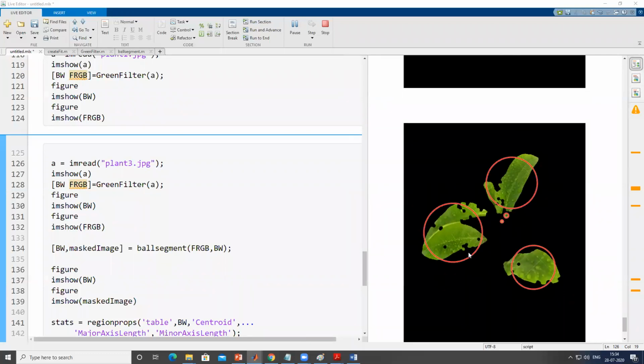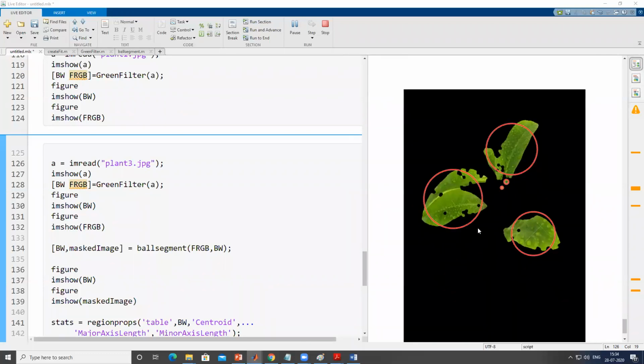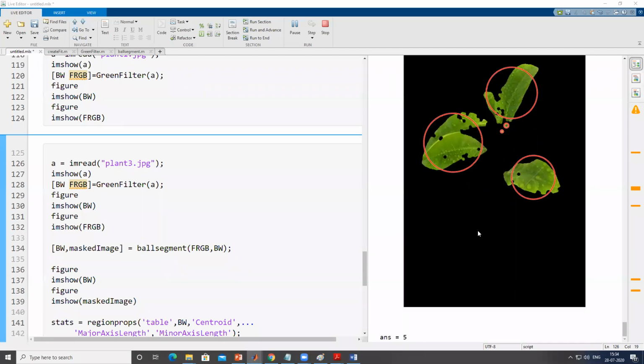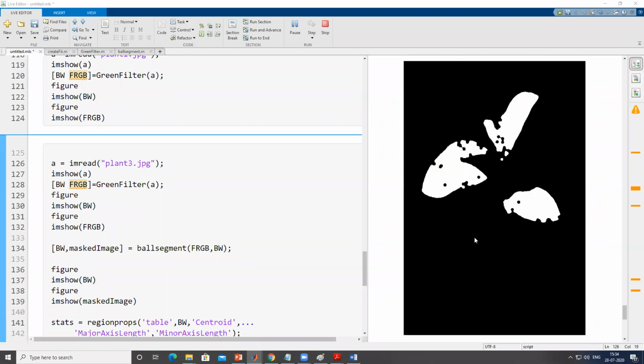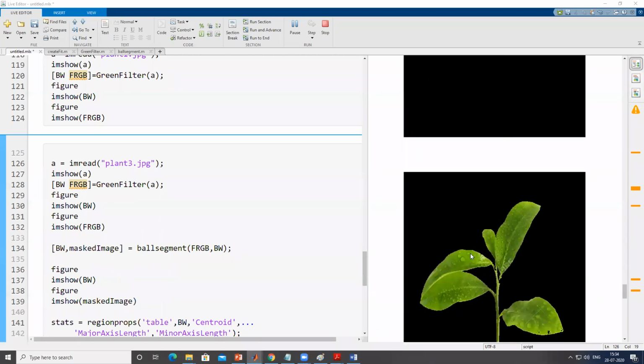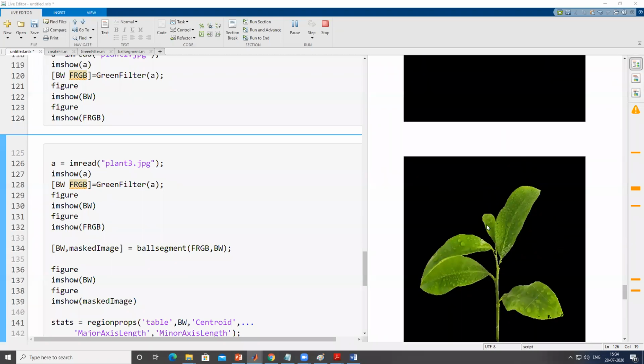Okay, so here it just counts whatever leaves we have in different areas. One is going upward, the other is going towards the left and the right. This way it counts and comes up with a result of 5. Let's compare, 1 2 3 4 5.